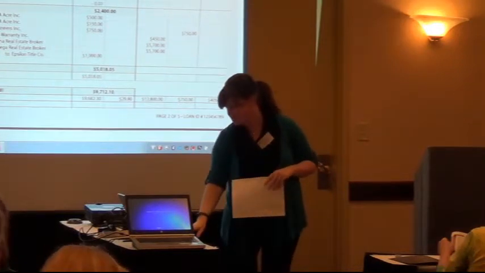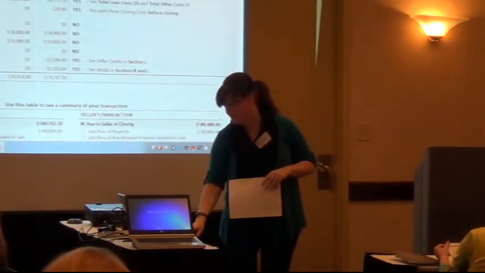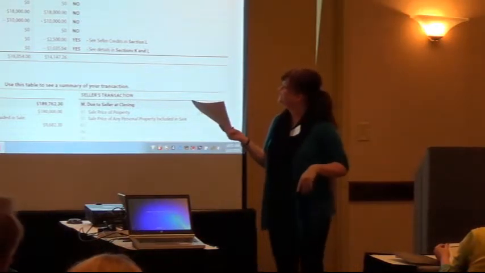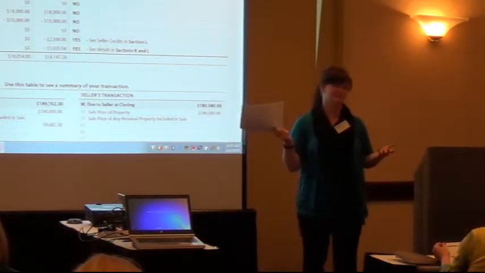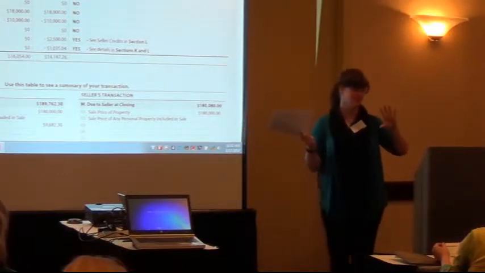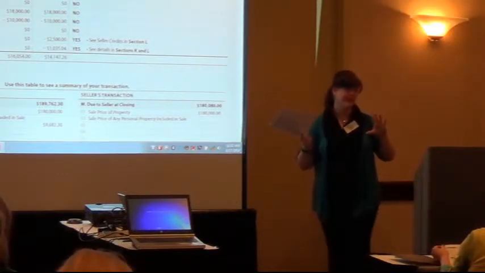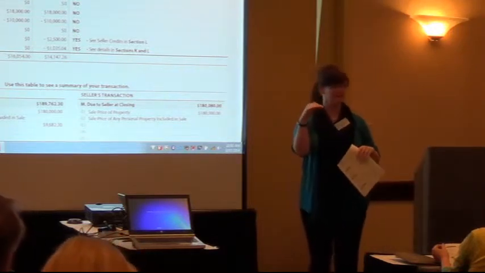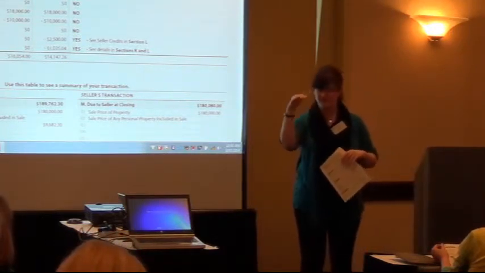All right, so the next page, there's nothing new except the top. Not much, except the whole top, right? Calculated cash to close, this is kind of like page 3, at least the top portion of your current GFE page 3 of your closing statement. It's a lot prettier, it's a lot easier. Right now it's all itemized, right? That page shows here's all the fees you were quoted, here's what you're actually charged.